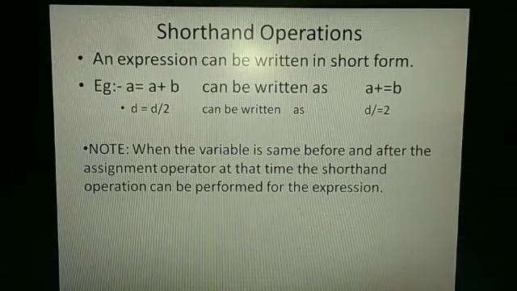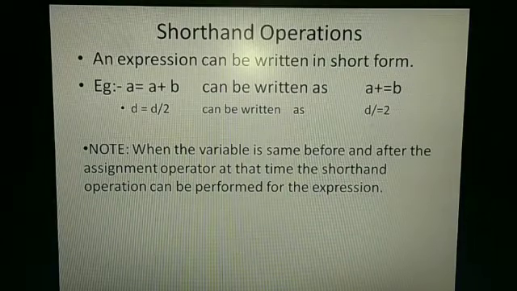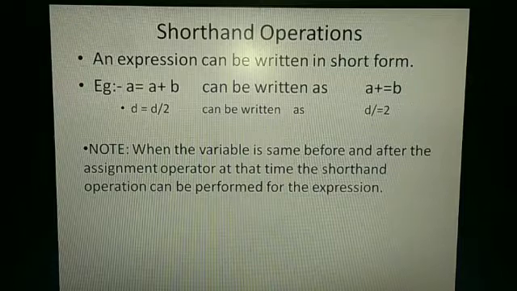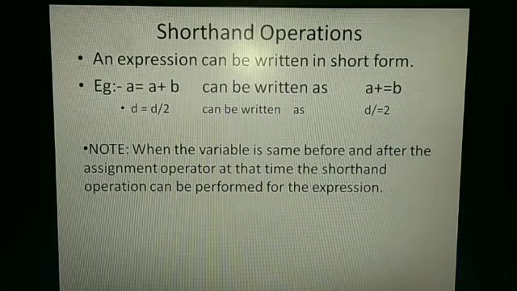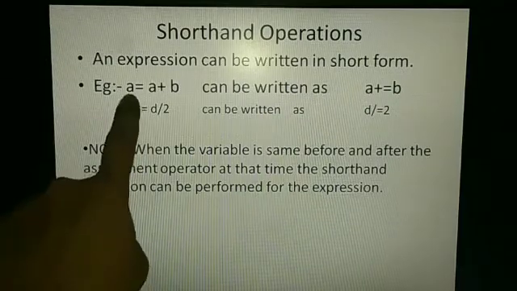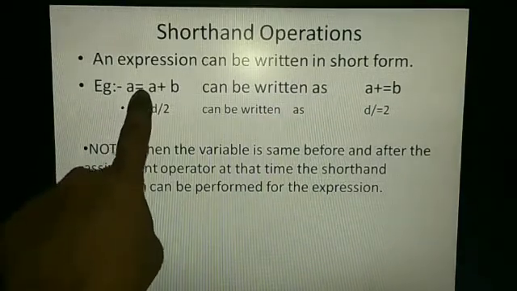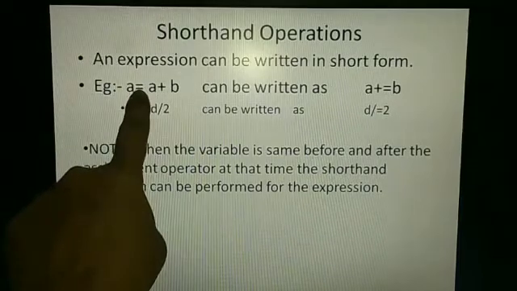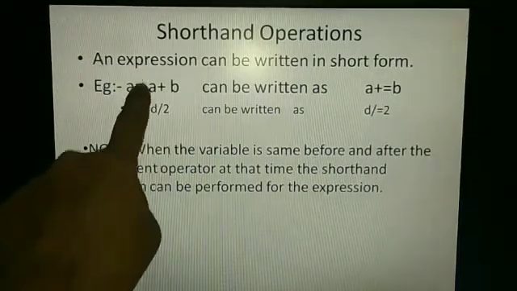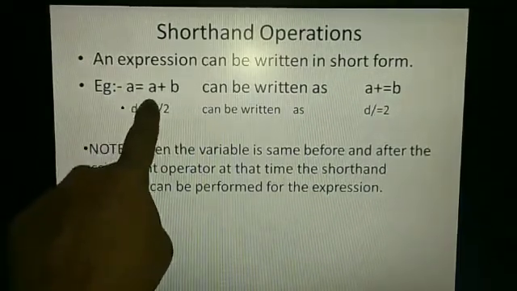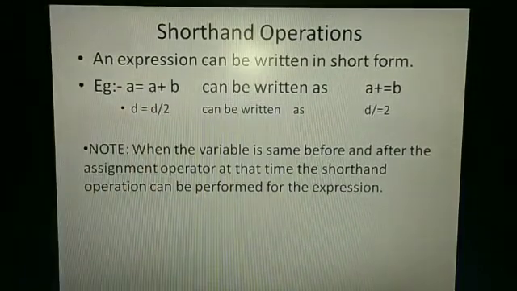The only thing you have to remember is that the variable must be the same before and after the assignment operator. Here it is a before the assignment operator and also a after it.